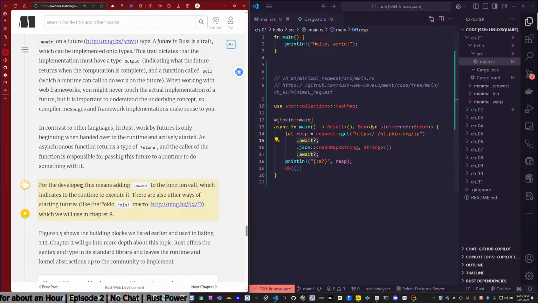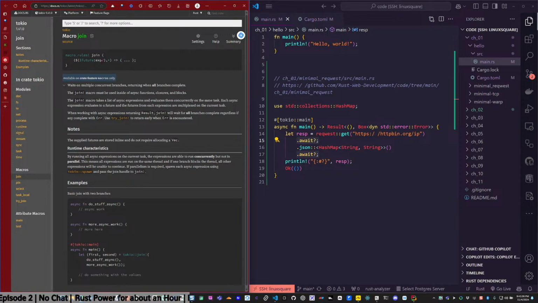Oh, so this means adding await to the function call. Oh, that's not the caller. Duh. Okay, my bad. But I wanted to see this. Is this what we tried to look at the first time? It is, and I didn't because I got sidetracked on protocols. Now I remember. macro rules. Join. Future